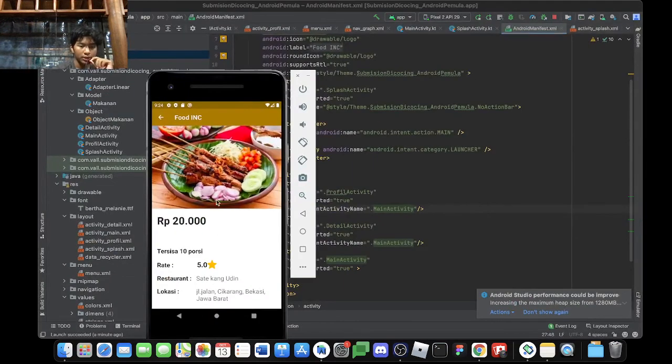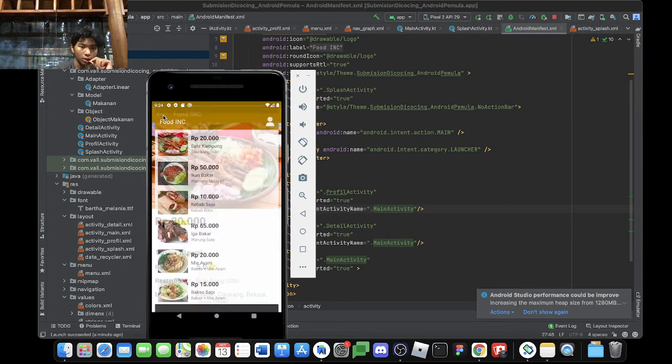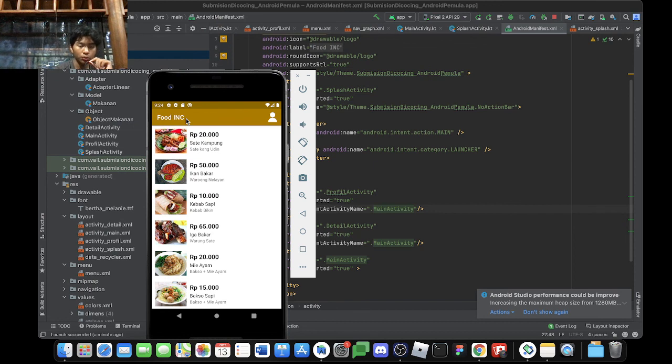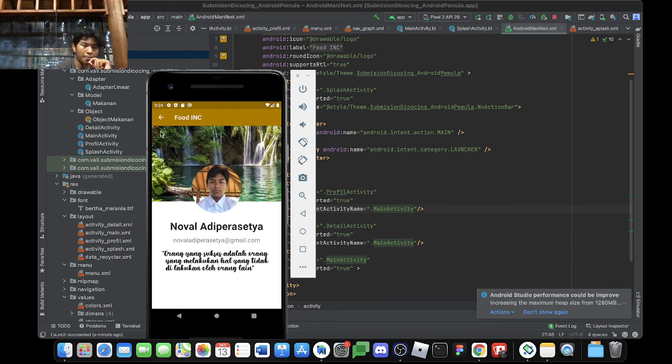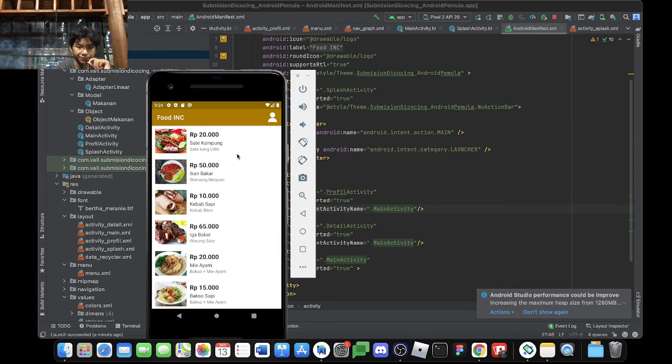Like this is the detail activity. Before you click the detail activity, you will be inside of the main activity. So yeah, that is useful. Same for the profile.